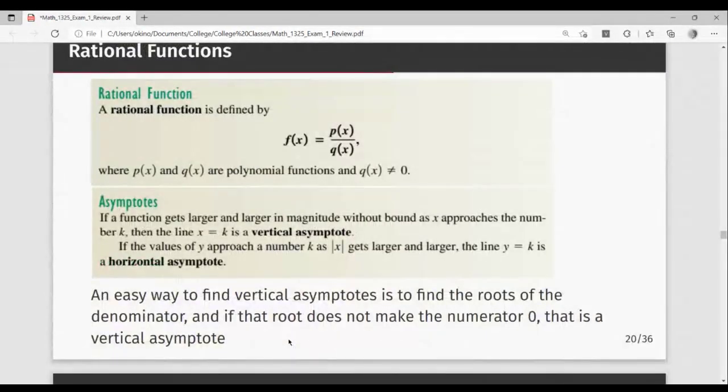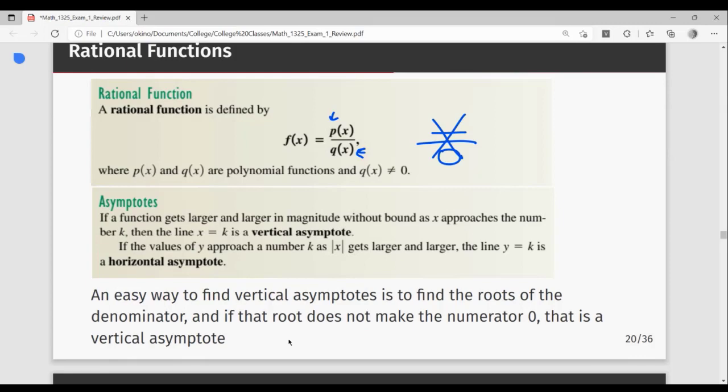And for rational functions, it's something with the form of a polynomial p(x) divided by a polynomial q(x). And we have that q(x) is not equal to 0, because anytime we have something divided by 0, that just doesn't really exist. Okay. And then now for vertical asymptotes, well, if the function gets larger and larger in magnitude